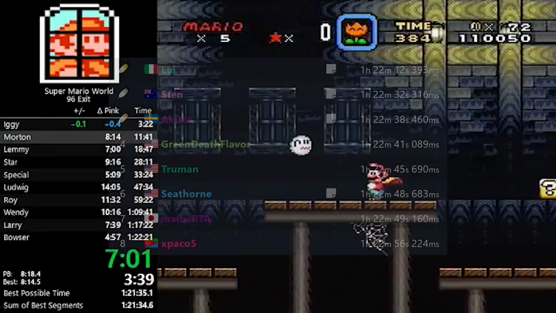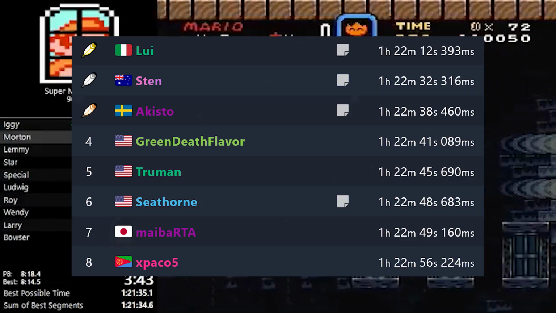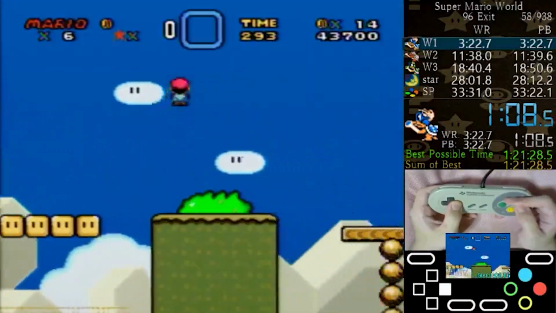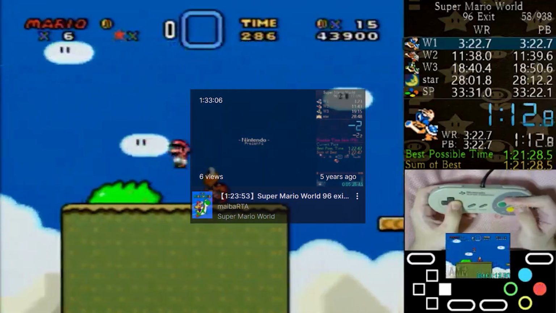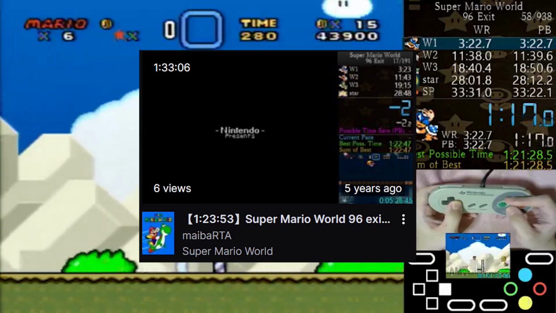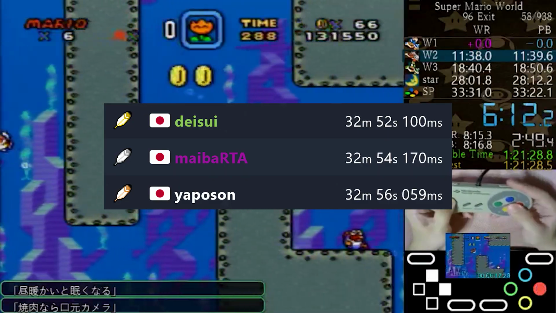2018 saw 2 other 122s, with another from Truman, and a completely new challenger, Maiba. Unfortunately, Maiba is the type of runner who tends to not properly submit times until they get really good, which happens surprisingly quick. We can see in October they had a high 123 time, which then rapidly became the 122 I just mentioned. In the category No Star World, he had already poked into the top 3,